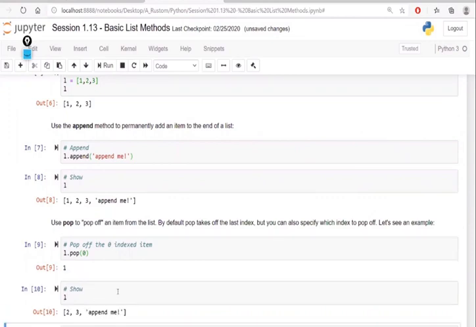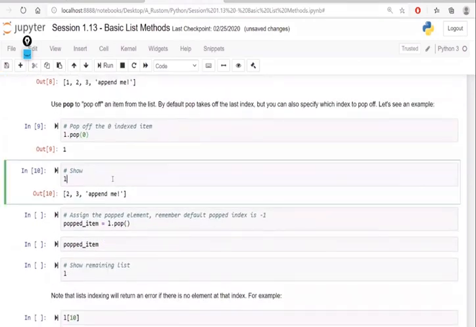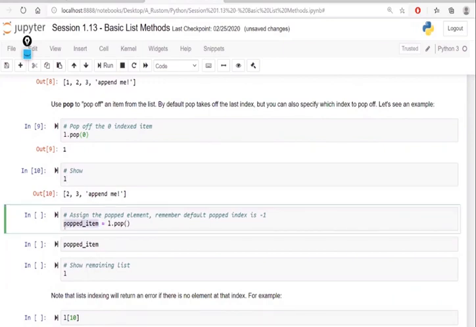And if I print the L again, you will get the remaining data here. All right, so that is what the .pop does. And if I want to store whatever you are eliminating, the popped item, you can store that in a new variable. All right, here I'm saying L.pop.